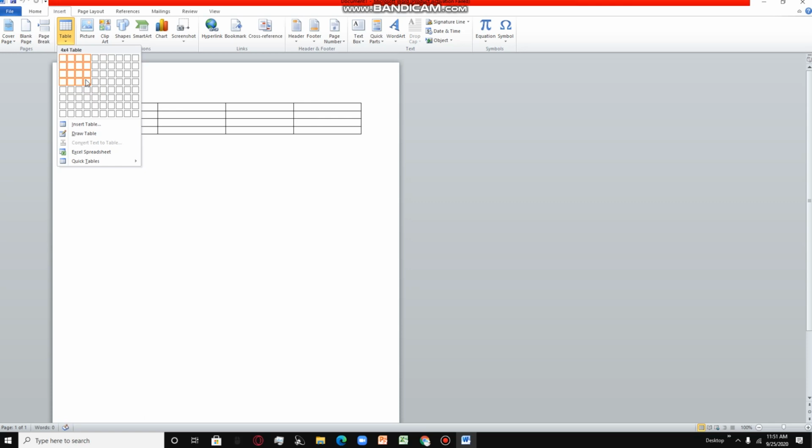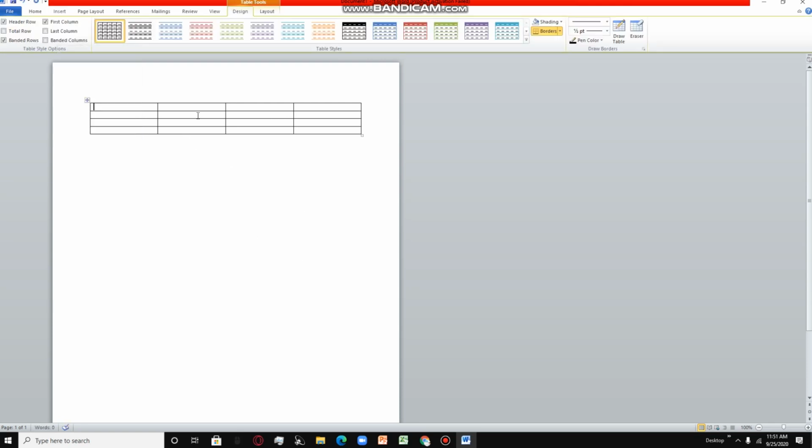For example, this is the first table and it has 4 columns in the first row. So we will choose the maximum number of columns so we can remove or merge cells for the remaining rows. So let me click this, and for example